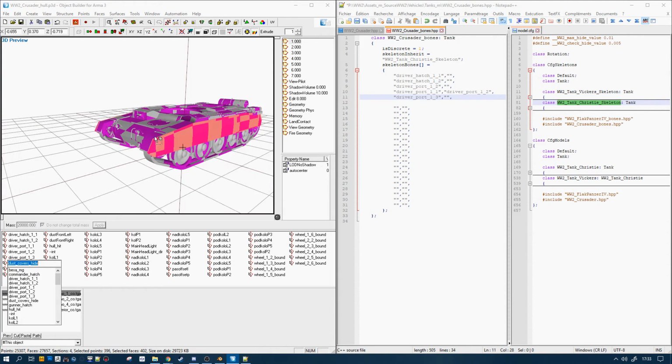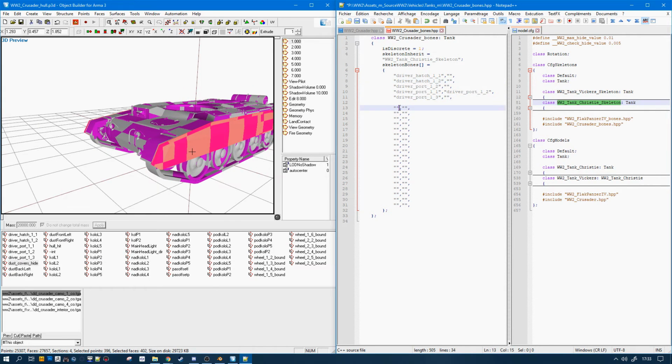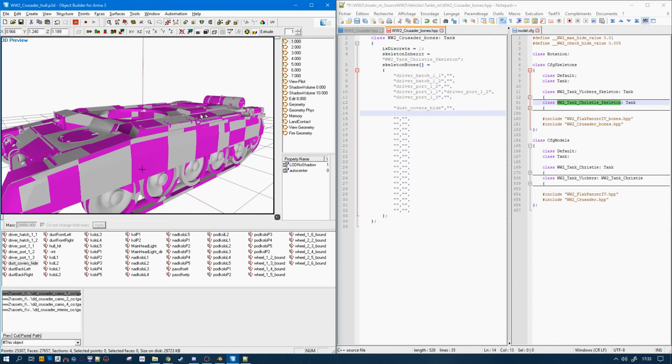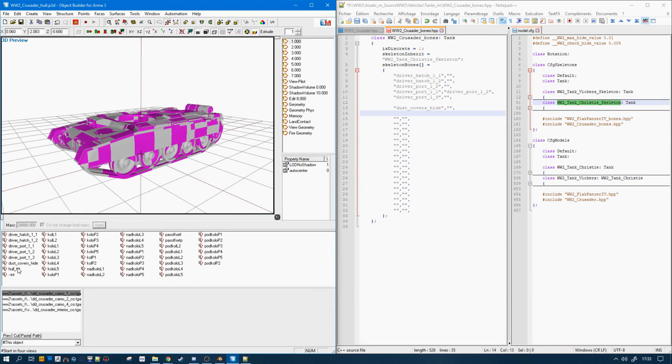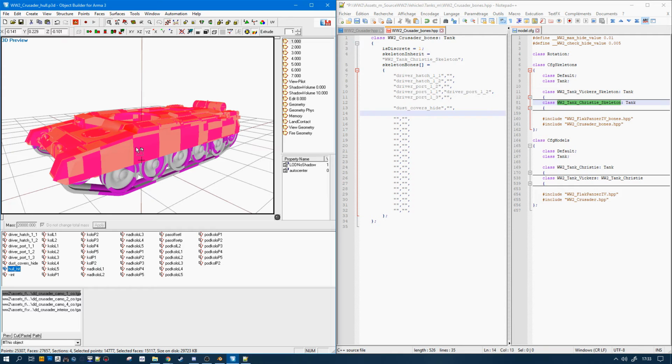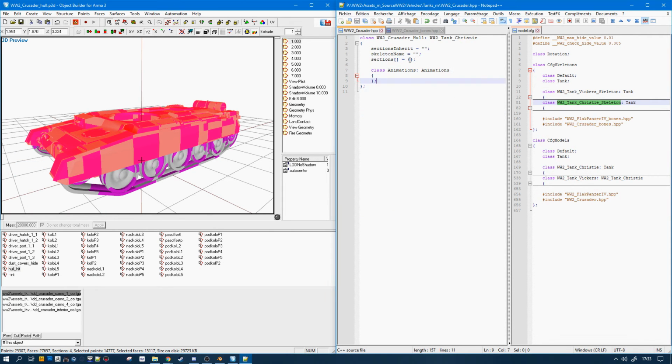These are just cosmetic animations, but we are going to declare them bound to the hull or bound to nothing. So they are going to follow the vehicle movement, the center of the vehicle anyway. Hull it is the section, so we are going to paste it here. It's going to show up the damages done to the tank.